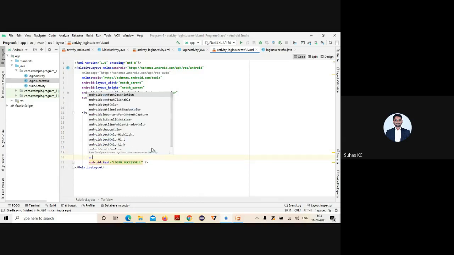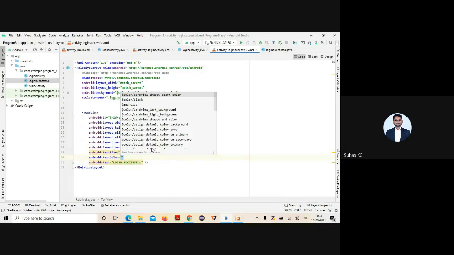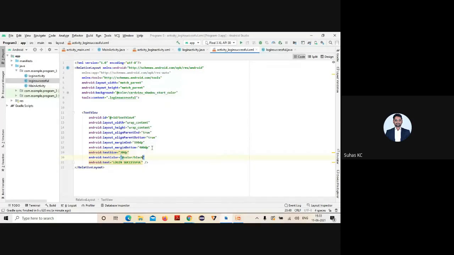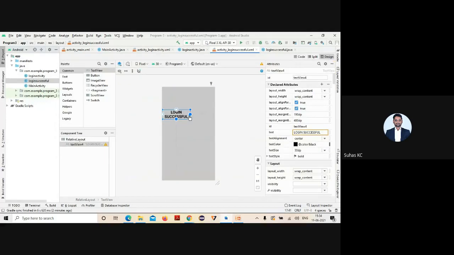If you want a specific color, you can specify. If you want the style changed, you can change it to something like bold, and you can make the alignment center. All this I've created, you can just go to your design part, and it's displayed, that's it.